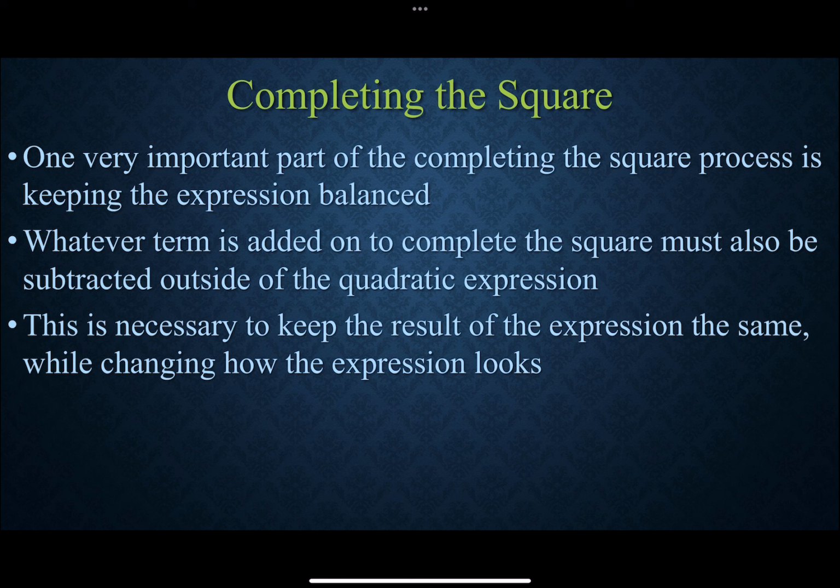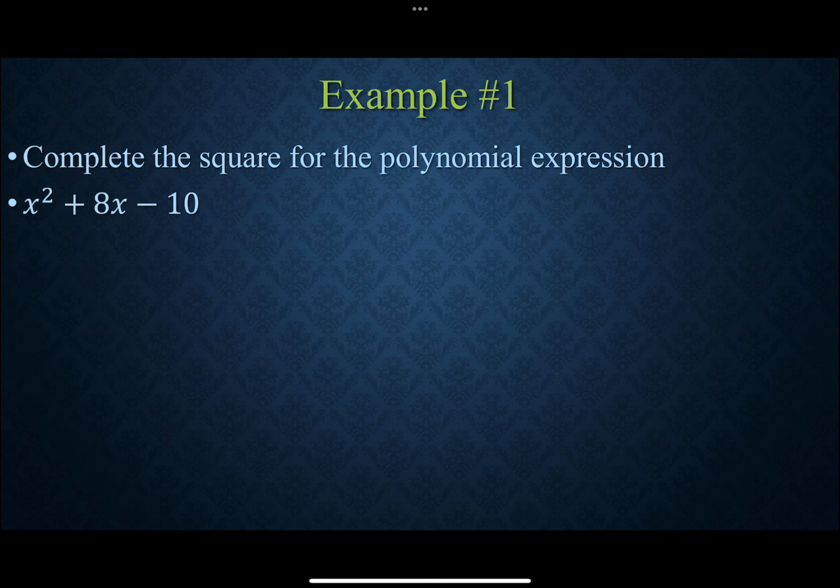So we need to make sure it's a balanced expression, though. We can't just simply add a number into it and that's it. We have to make sure whatever's adding in is also subtracting on the outside. This is necessary to keep the results of the expression the same while changing how the expression looks, which is what we do a lot of times in math. A lot of times in math we change how the expression looks without actually changing its value. So the idea here is we're going to separate out the x terms